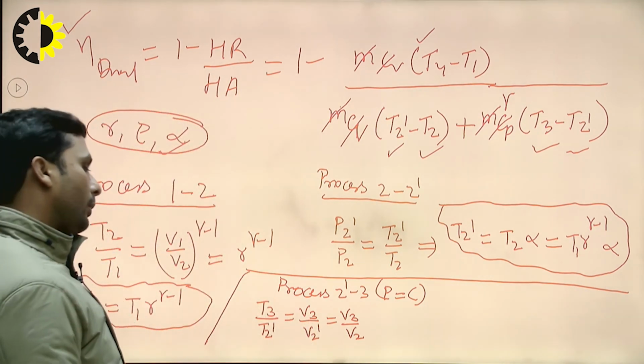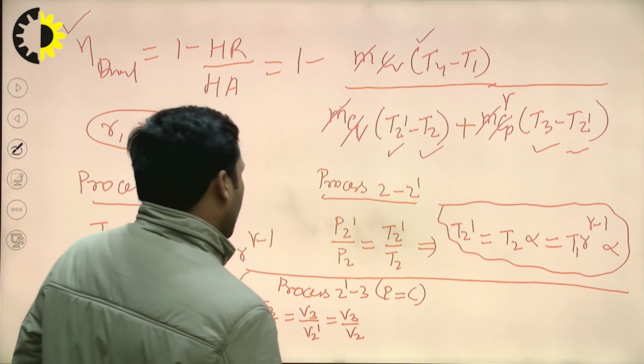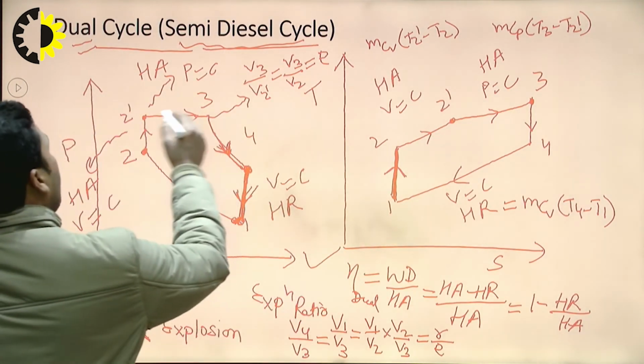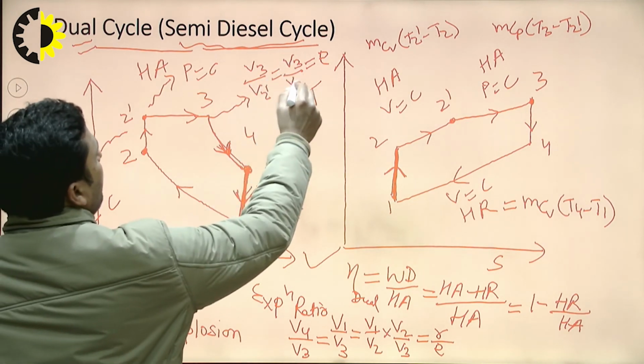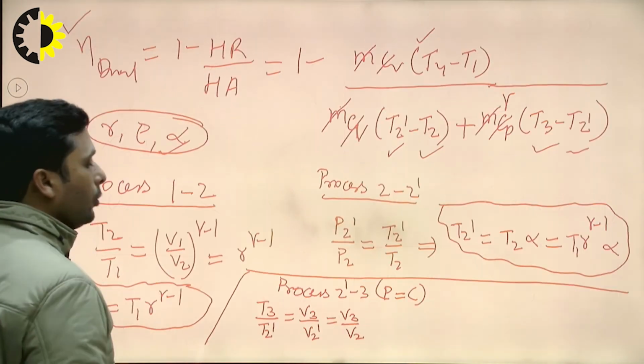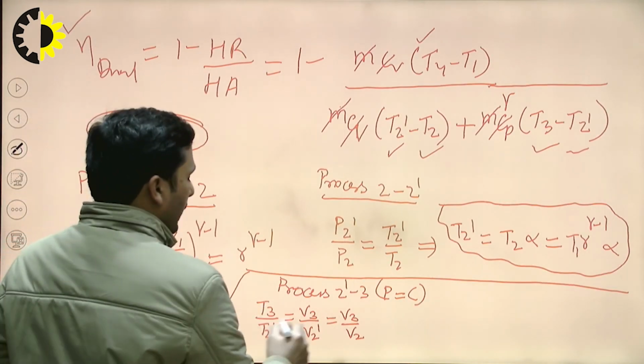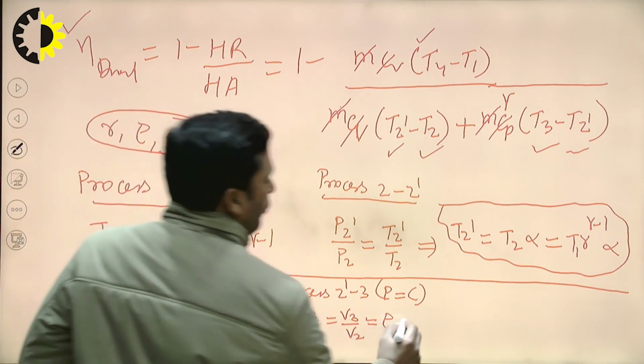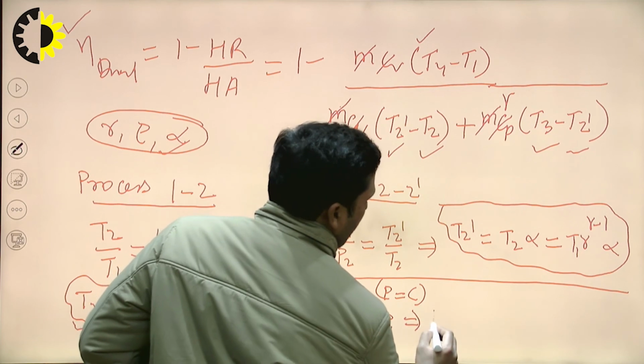So V2 dash will be equal to V2, and V3 by V2 is equal to the cutoff ratio rho. So, T3 by T2 dash will be equal to the cutoff ratio rho,